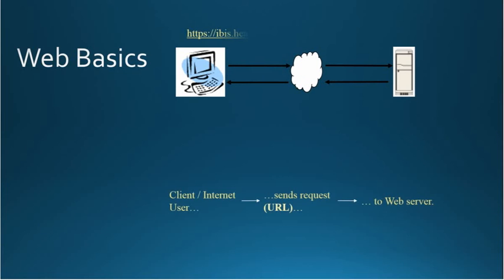The user sends a request to the internet via a URL or a universal resource locator. This is a text string that tells the internet which server to send the request to and also what resource or what file it's requesting. The server then serves back the resource